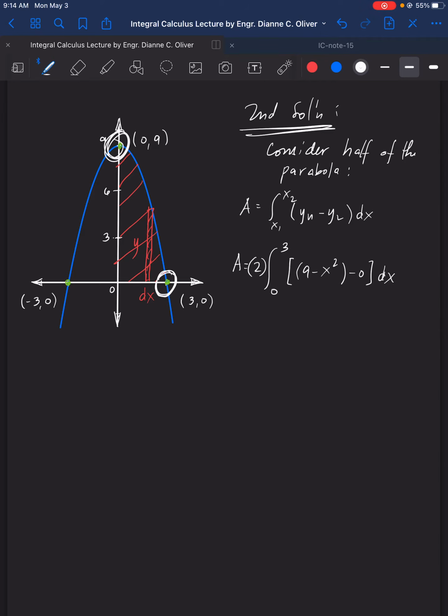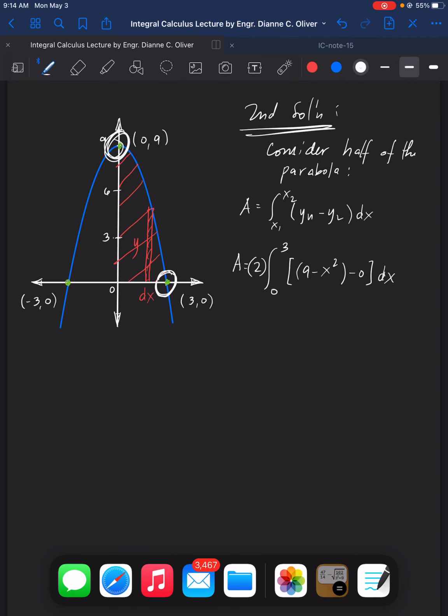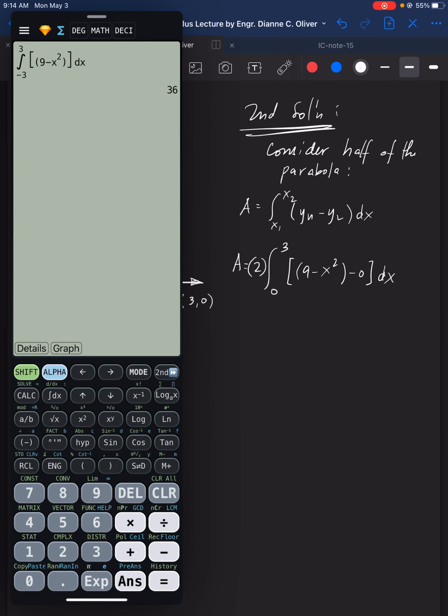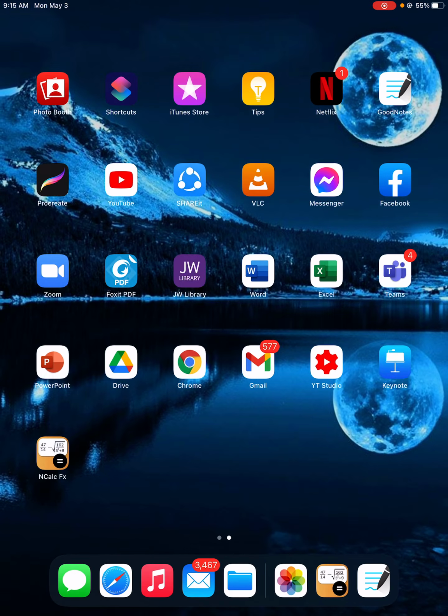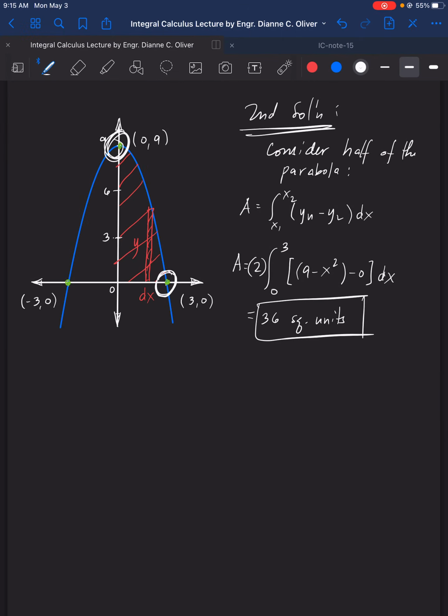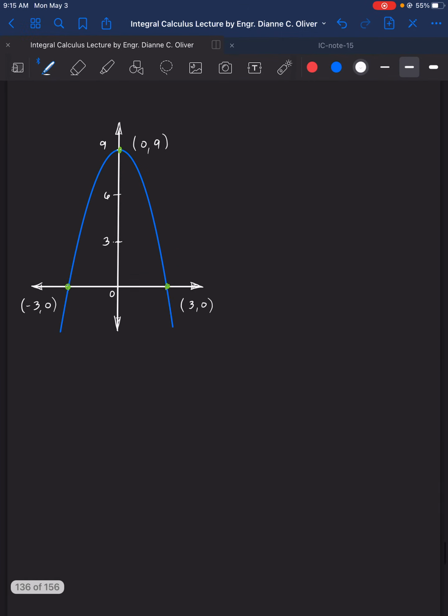So again, let's use the calculator. So using this area, but the difference is the limit. Let's use the limit as 0. Equals 18 times 2, 36. We have 36 square units. So that's the second solution. The third solution is